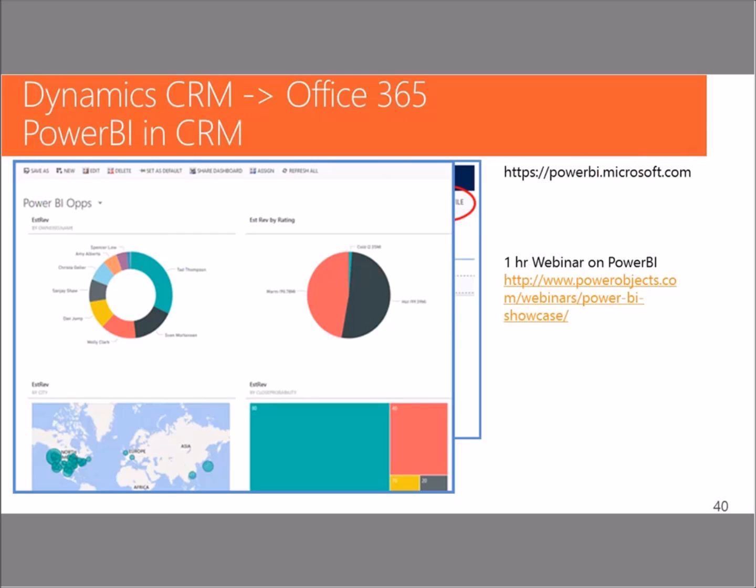So that allows me to easily create a map showing my top accounts and display that in a CRM dashboard. Or show me a pie chart with opportunities closed in the last 30 days, whatever that might be. In a way, it's easier and more capable than an out-of-the-box CRM dashboard. And these are live. You can click on them and things move.